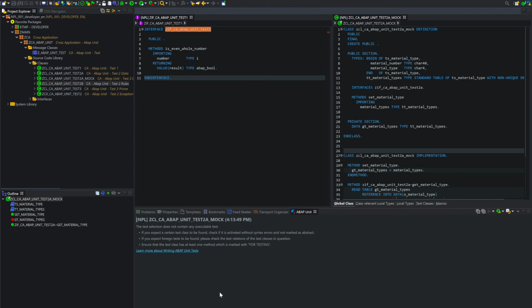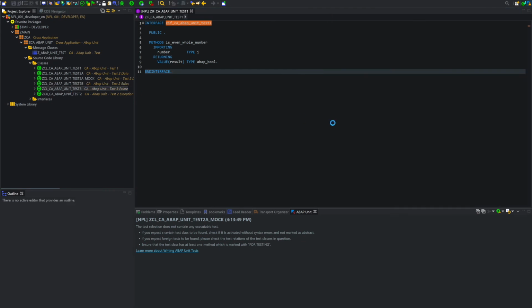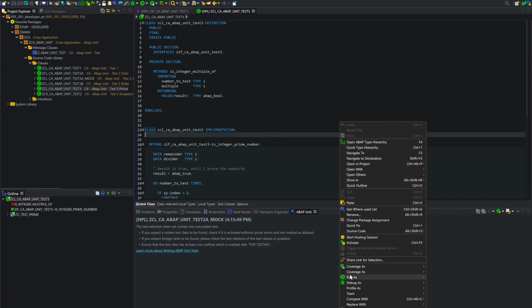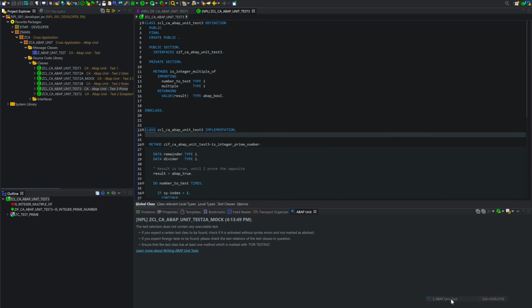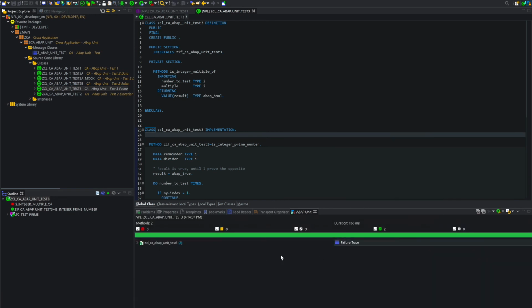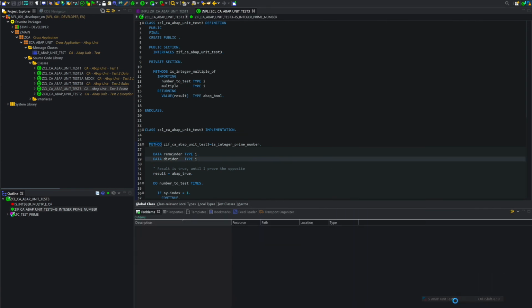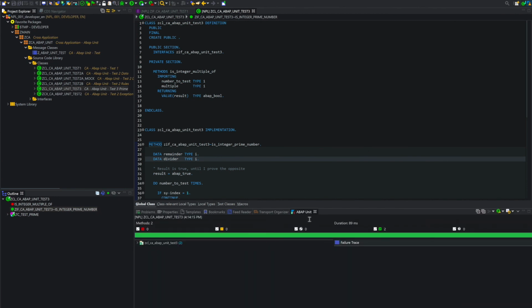The test doesn't work because it's a mock. It's a bad example. If I go with this one, run as ABAP unit. This time I have the ABAP unit. If I close it and restart the ABAP unit check, again it will open the tab.